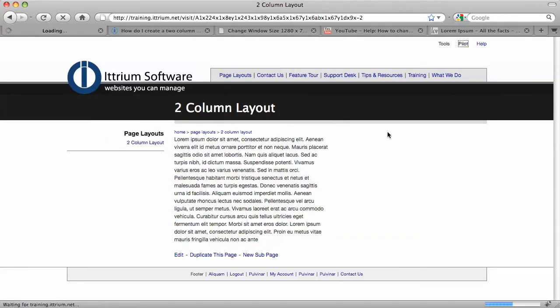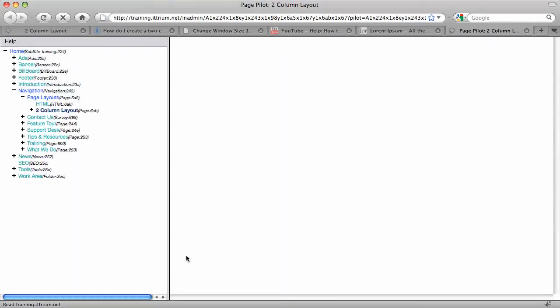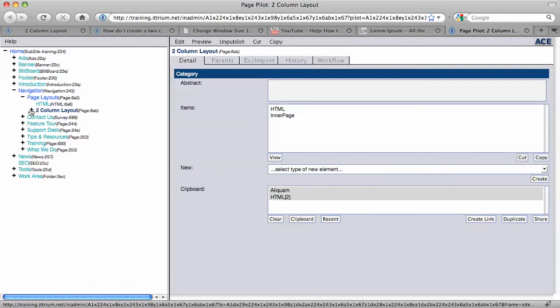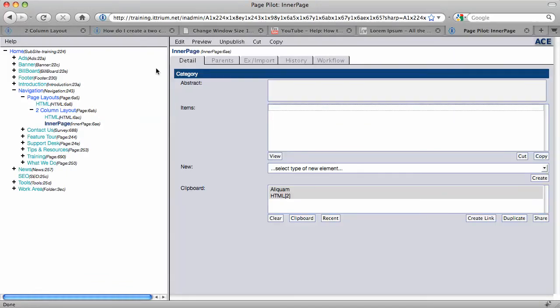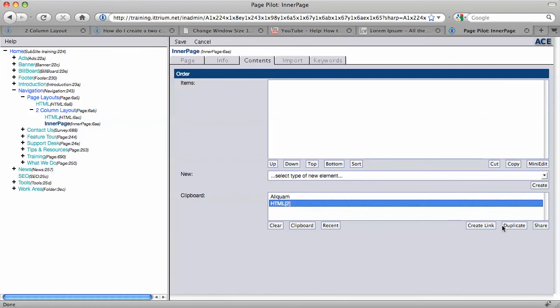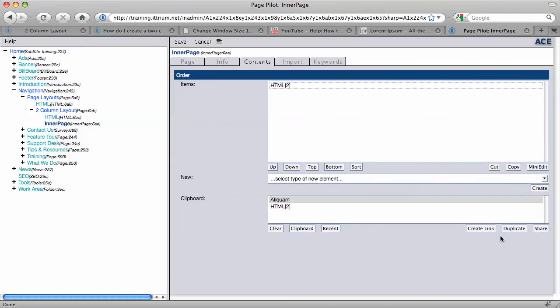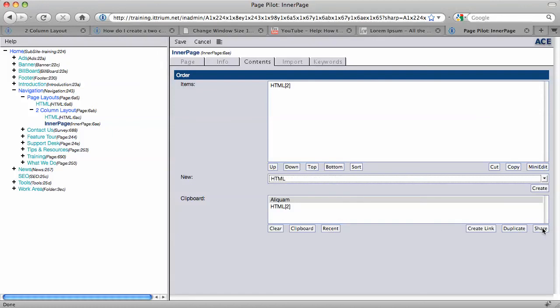So now I'm going to jump into Pilot, so I get a bit more control over the structure inside the page, and now I'm looking at my two-column layout, and here's my inner page. Well, now this inner page is just like a page as far as the layout is concerned. I can edit it, I can go to the Contents tab, and I can share my HTML into this section. Alright, and maybe I want to put another HTML section or a link to a file or an image or something in here, right? So for now I'll just create a second HTML section